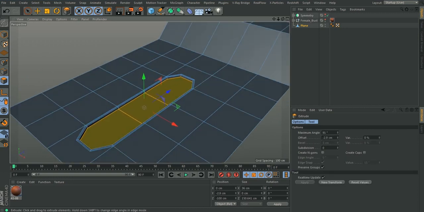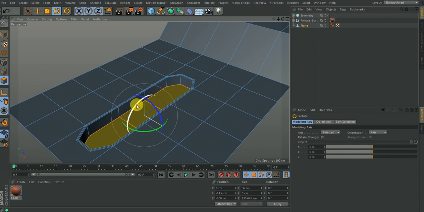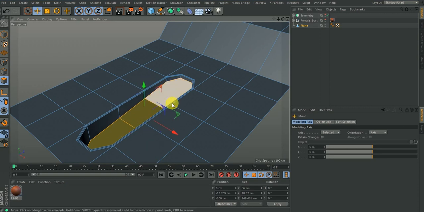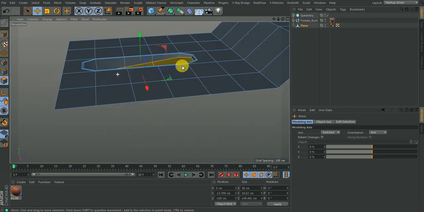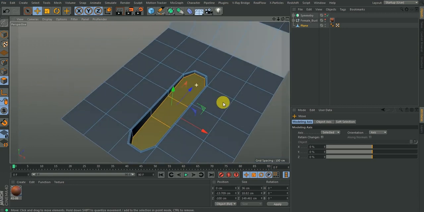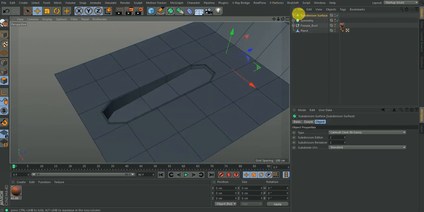So if I extrude this downwards, let's say up onto here, I can also rotate this extrusion because I'm just trying to create something different, such that we have this flushing down here. Once I'm done with that, the next thing is, if I add this into a subdivision surface, I'm going to have